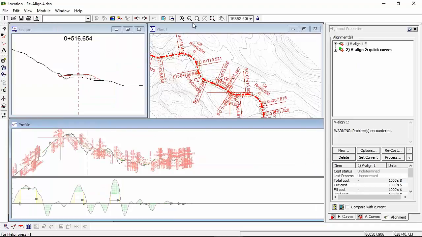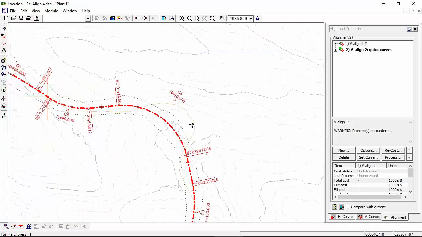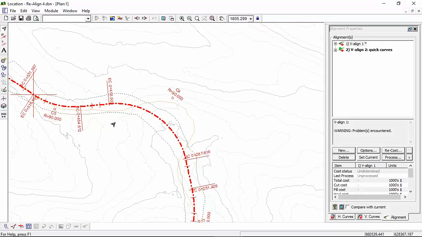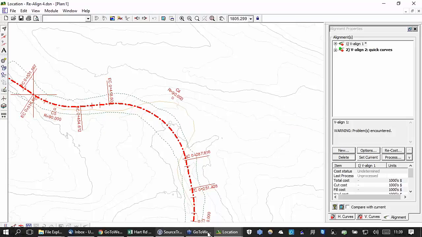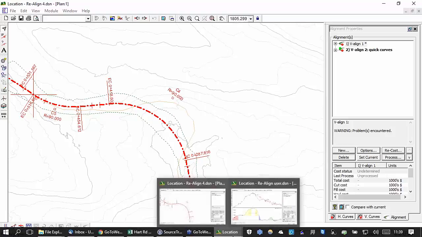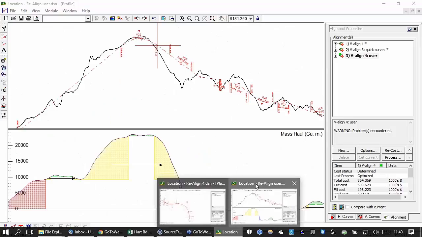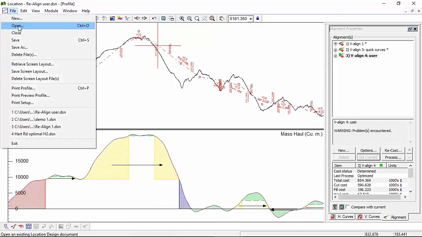So what I've done here is I've manually moved the alignment around horizontally. So that was the original road. And the original road came out with a, oh, I forget what the cost was now. Let's just reopen